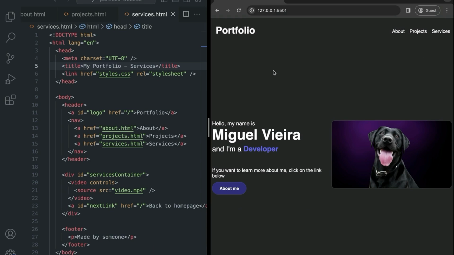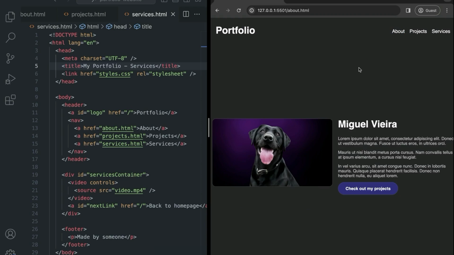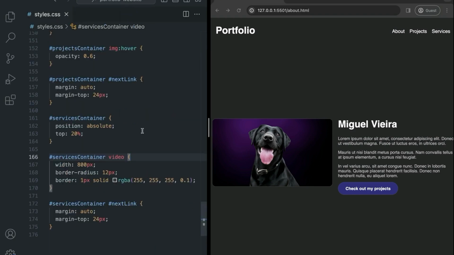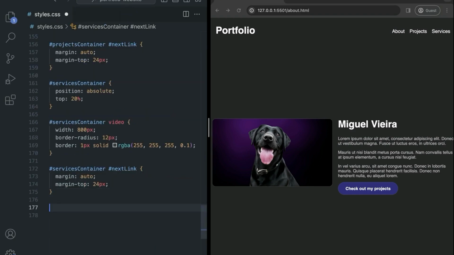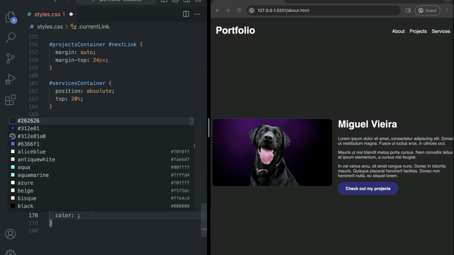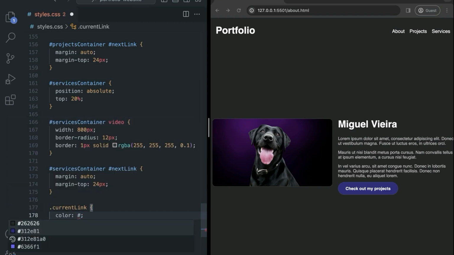Now, another thing I want is to change the stylings of our navigation to let the user know which page it's currently on. So what I want to do is, depending on the page, I want to change the text color to a specific primary color. So in our case, it's going to be purple, but again, you can go ahead and choose whatever color you prefer. So let's go ahead and first of all, let's just close these files, and on our styles, let's create a new class, and it's going to be called current link, like so. And the only thing it's going to do is change the color, as I said, and let's change it to something, for example,